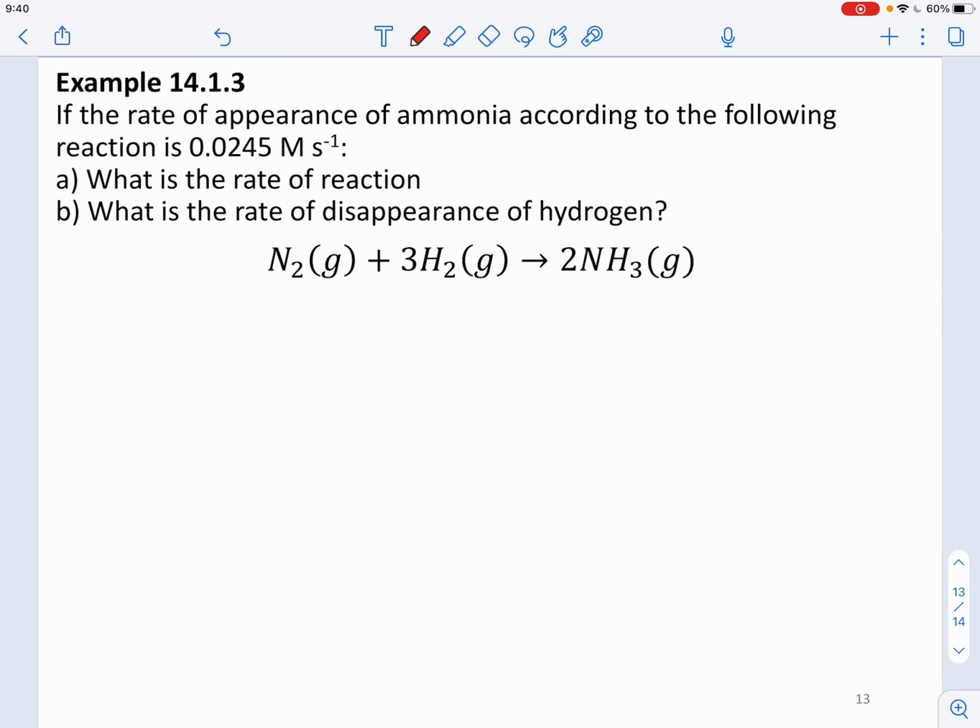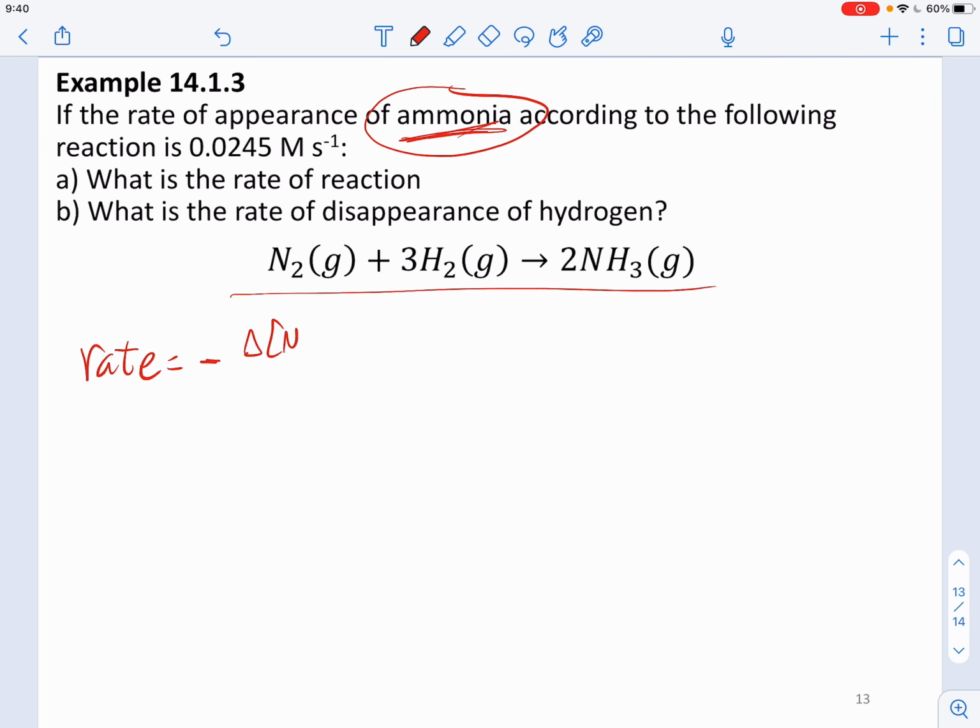So let's work with these numbers. We have the rate of appearance of ammonia according to the following reaction, which we have here. And the rate of appearance of ammonia is 0.0245 molar per second. Okay. Number one, what is the rate of reaction? And I will ask you to always do this exercise, even if I'm giving you only the rate for ammonia. Always write everything. So for example, here the rate is going to be minus, stoichiometric coefficient is 1, so we can omit it, delta concentration of nitrogen